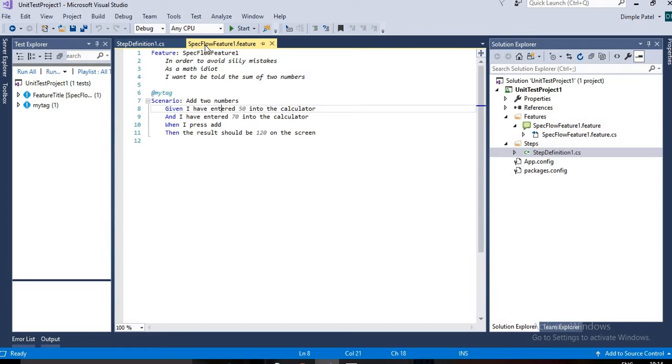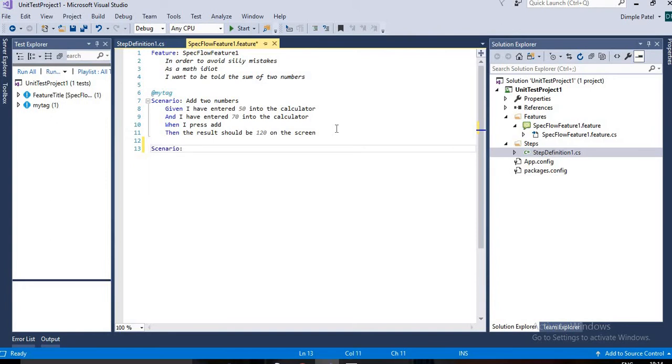Now we can create different types of scenarios, which can be the happy path, or you can say a positive scenario. You can also have an error path, which can be the negative scenarios of the functionality or the system. So there can be multiple kinds of scenarios. Now I'm going to explain the syntax of the scenario. We saw one example yesterday, now I will try to create another.